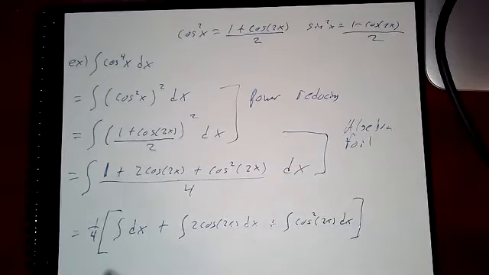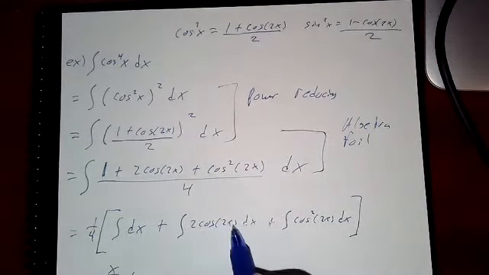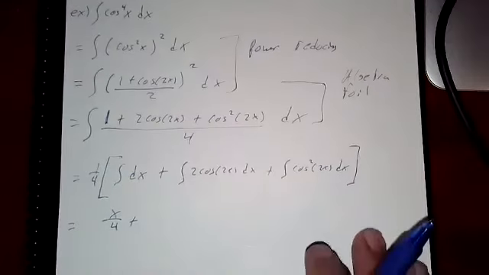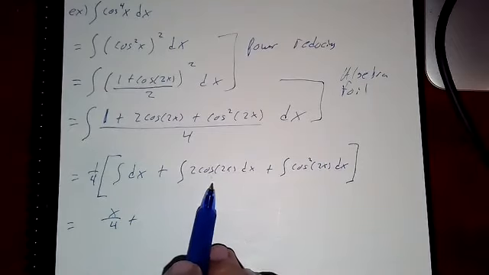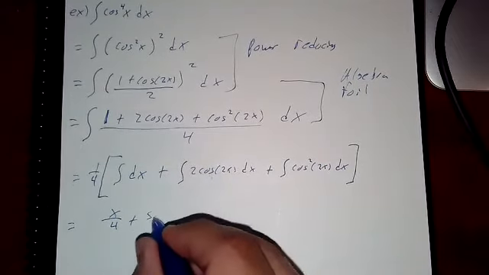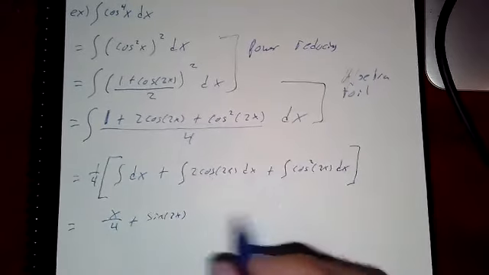So the first one is no big deal. That's just x, right? That'd be x over 4 plus integral of this guy. Remember I showed you that formula? That'll be sine 2x divided by 2. So that'll be sine 2x, because that 2 will cancel. Plus